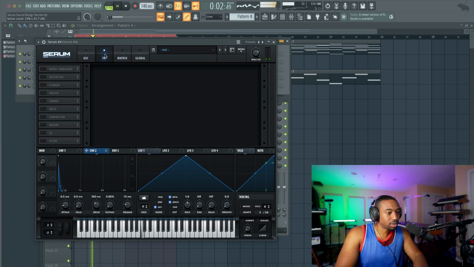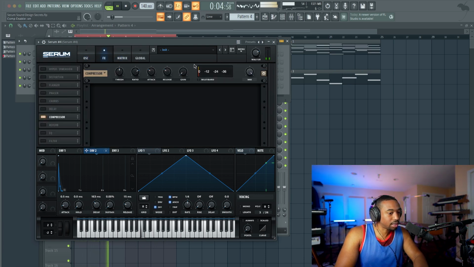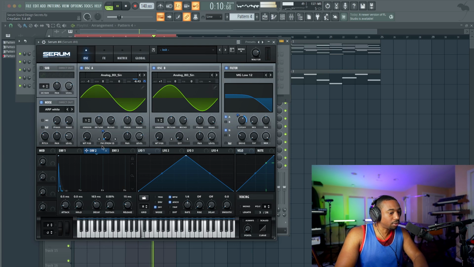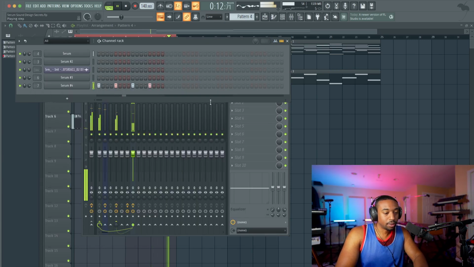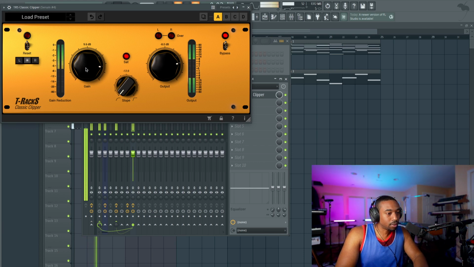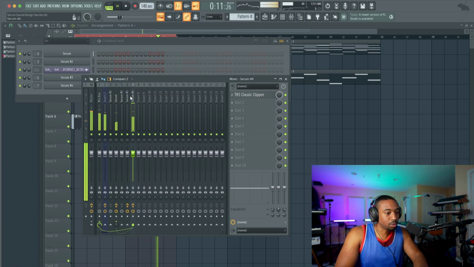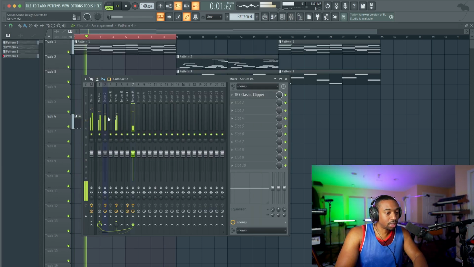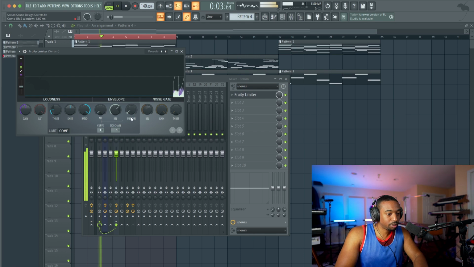Okay, so from here you can try different compression, distortion. There's 1,000 things you can do from this point. The main thing is the pitch envelope for the punch. Going heavy into the soft clipper. I'm going to pull that back. Let's try some hard clipping instead of soft clipping. This gives it more of a square tone. Now let's set our sidechain here. Make sure this is turned on.